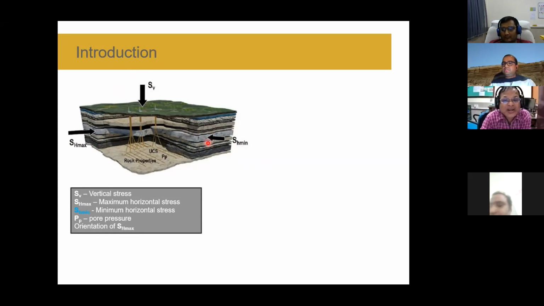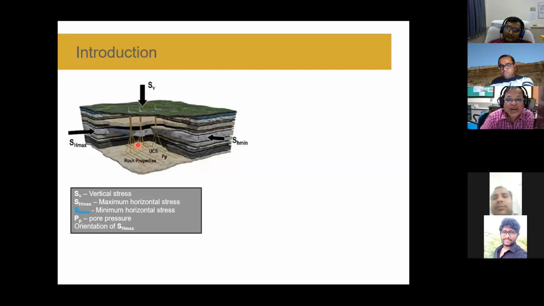SH min can be measured, but only in a very specific interval or at a couple of depth points. SH max we cannot directly measure. It is normally modeled utilizing all other properties. But to define the subsurface geomechanical aspect, we need to know some other properties, such as rock strength properties as well. Why am I discussing this? Because these are quite important as we go through this box itself, to brief that out.